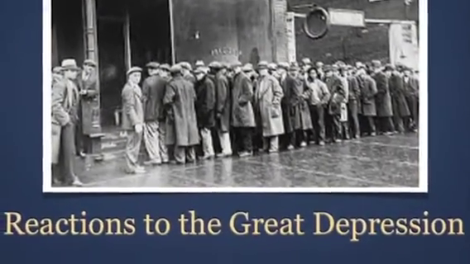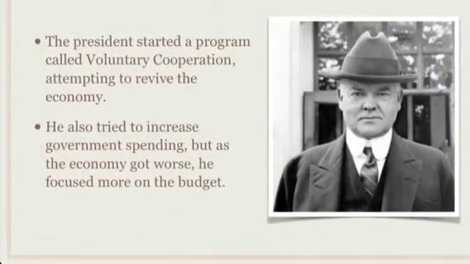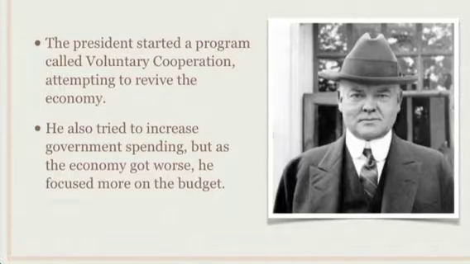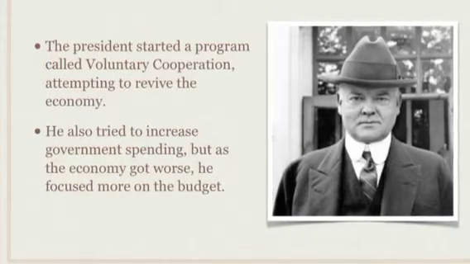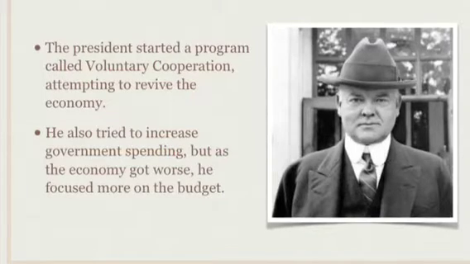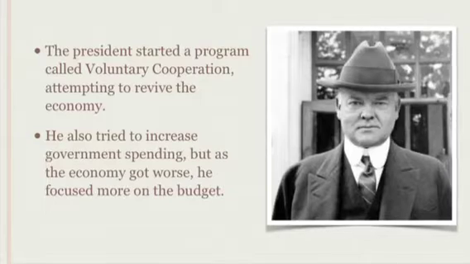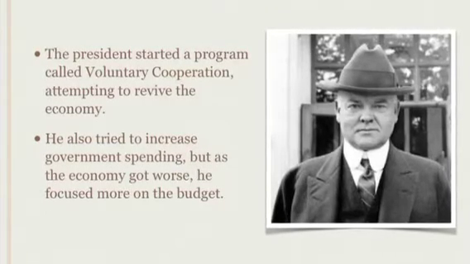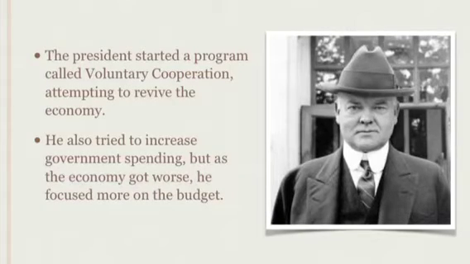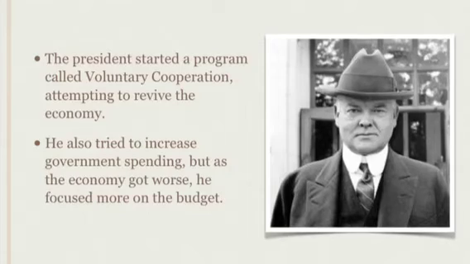Reactions to the Great Depression. President Hoover tried to revive confidence in the economic system as a first response to the Depression. He started a system called voluntary cooperation, where he asked business leaders to continue production at the same rate while keeping all of their employees. He also requested that laborers refrain from demanding higher pay or better hours. But the Depression continued to worsen, and by 1931, the system deteriorated and failed.